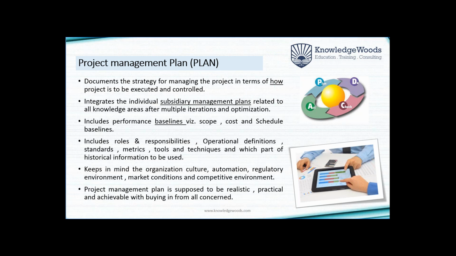please note that it is not only a question of 10 people making the 10 subsidiary plans and giving them to the project manager, and the project manager's job is only to compile. No, not at all. These subsidiary plans are also made by an iterative process. They are optimized by discussions with each other, by seeing the concept, by seeing the impact of each other, right? While you are deciding the time, you should know the scope. While you are deciding the cost, you should know how much time it is going to take, as well as how much scope is going to be there.